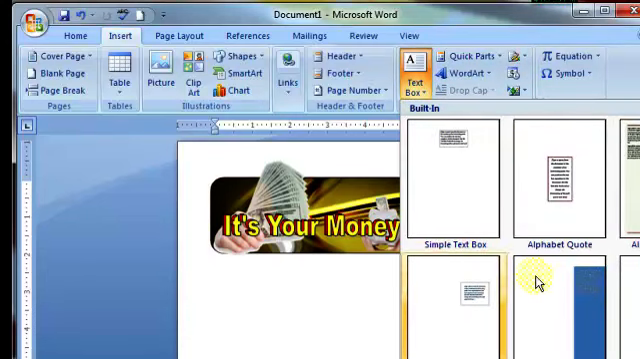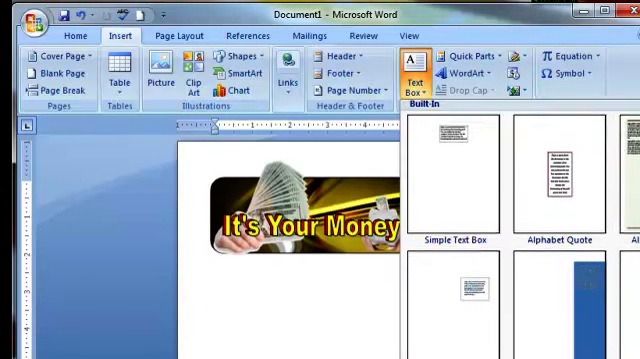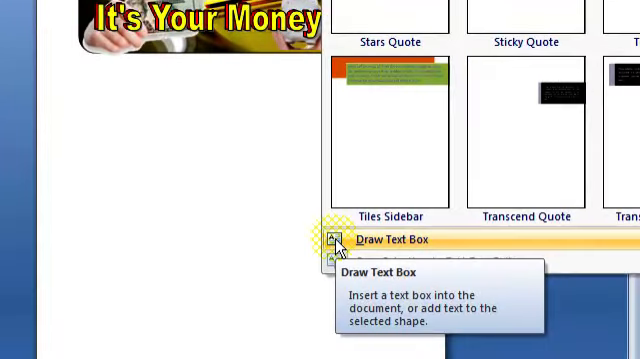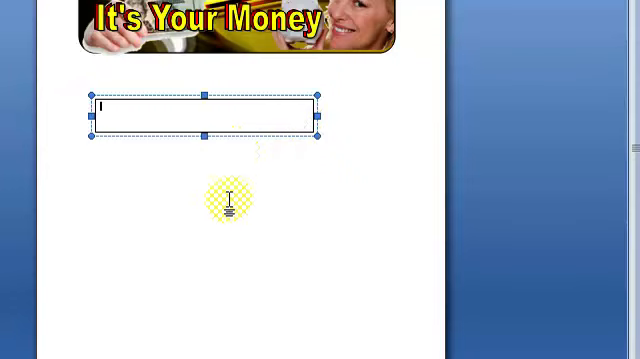Please don't use the pre-formatted ones. They're too big. You can either scroll all the way down and see if you see one that'll fit, but I never do. I never have. So I always immediately go to the Draw Text Box option, the very bottom. Click on that with your left mouse key. Again, you're going to get a crosshair. Just draw yourself a little box, and you might want to put in your website,